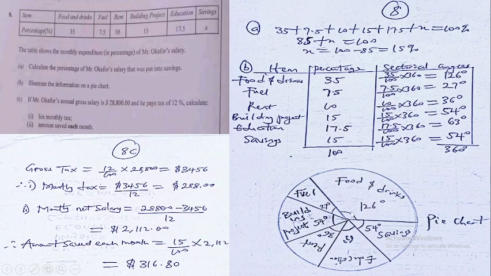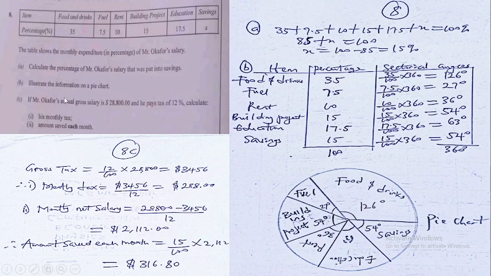So this new line will be the new origin to measure the next angle, which is 63 degrees. When you measure that as well, that one stops here. And this new line will now be the origin to measure the last angle, which is 54 degrees. So when you measure everything correctly, you don't need to measure this last one because it's going to give you a perfect angle there, which is 54 degrees for savings. So this is the pie chart. This is the pictorial representation of the pie chart you are meant to construct for this question number